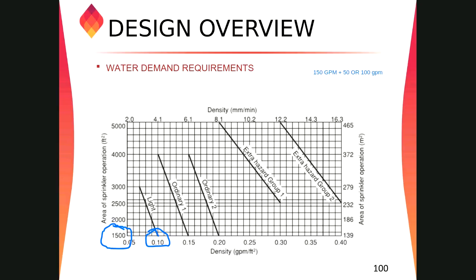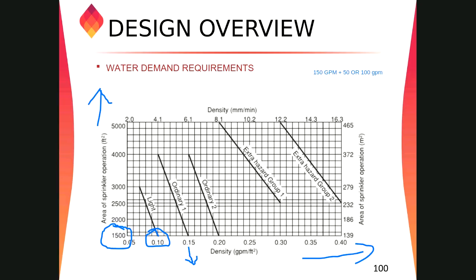Similarly, for the ordinary hazard, since the quantity of fire and the heat release rate is high, it's in the moderate range, right? Light hazard is in the low range, but now we have the moderate, so we need to have 0.15 for 1500 square feet, or if you are going all the way to 4000 square feet, we can take a value of 0.1. And again, if you multiply these two, we'll get some values and we'll come to some point. So the y-axis has the area in square feet, and the x-axis has the design density curve.